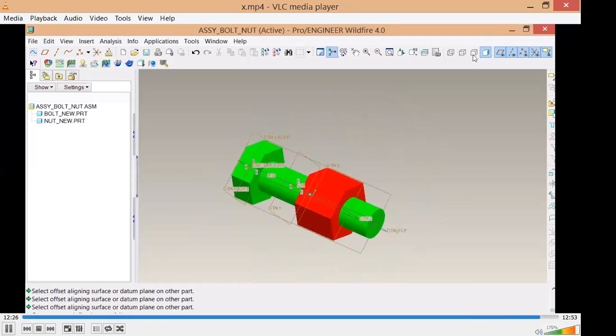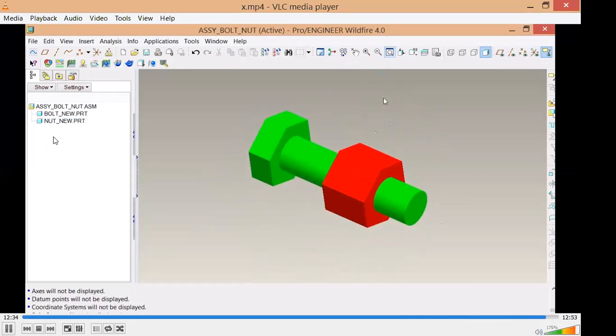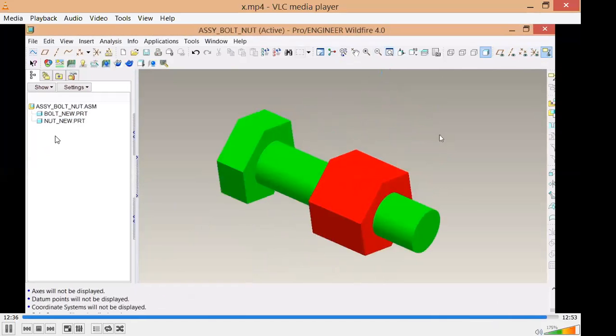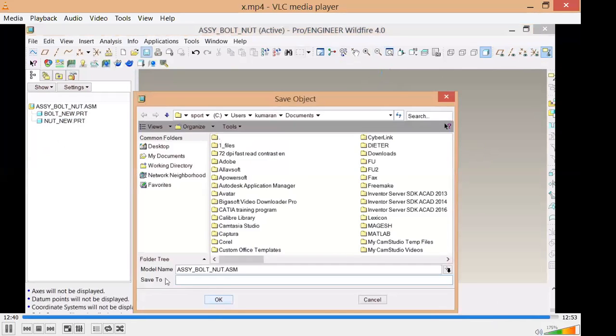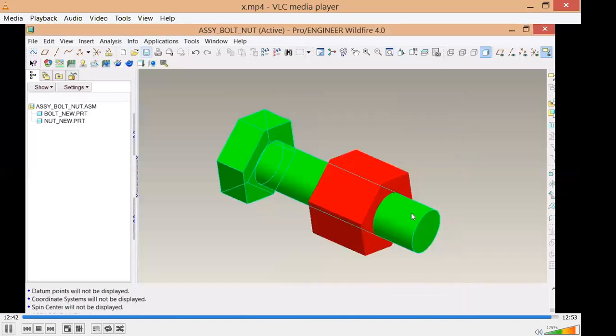So this is the assembly. You can turn off the datum planes and the coordinate system and zoom to fit. This is a very direct method. Then you can save the assembly. The parts will also get saved. This is pretty simple and straightforward.